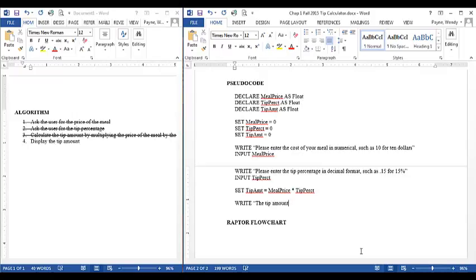The tip amount is, put a space after it, and then I'm going to put in the variable name. The variable names don't go in quotes. As soon as you put them in quotes, it's a literal string and it won't grab the value from the memory. It'll just literally display TIPAMT. So the tip amount is, and I'm just going to make it a little bit more robust, the tip amount is